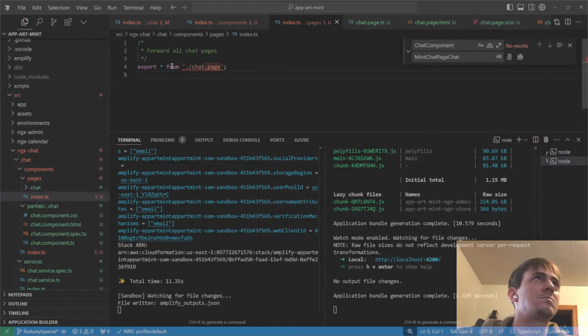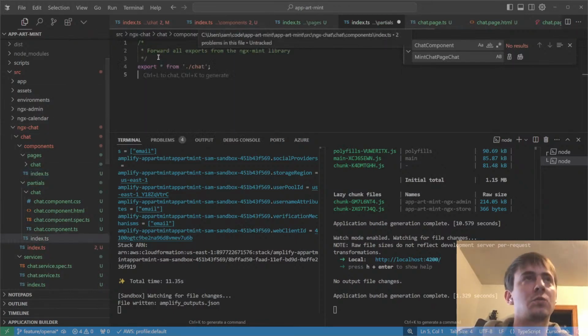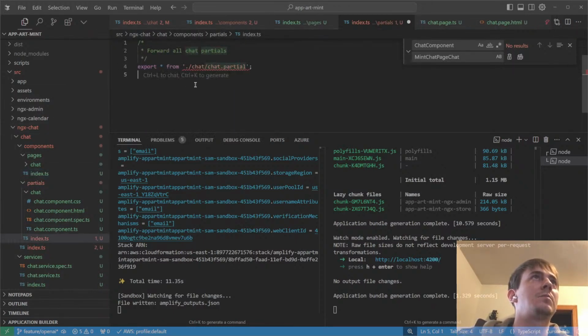Yes. Star from chat/chat.page. Save that. Make a new file, index.ts in partials. We're gonna paste that in there. All chat partials. Actually put star from chat/chat.partial. Good boy. We're going to rename this